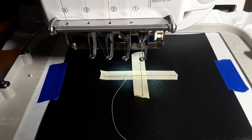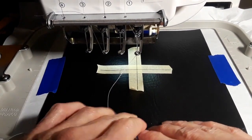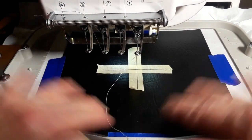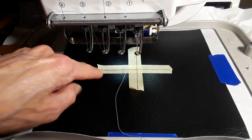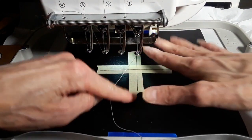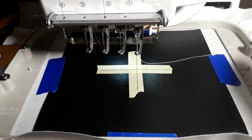Here's my hoop. It's already in. This is just taped on with 4 pieces of painter's tape. And I decided to draw my crosshair like this with tape because I didn't feel like messing with anything. And